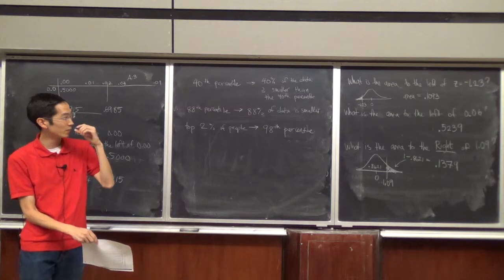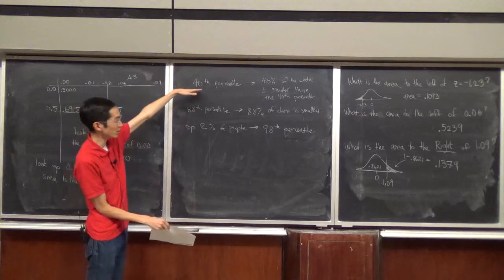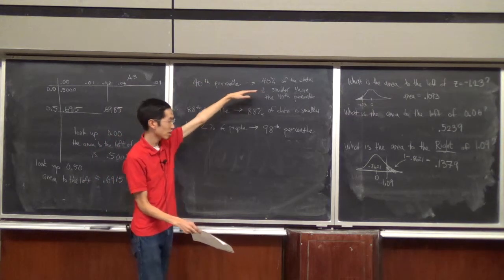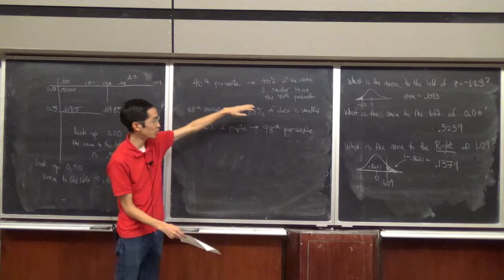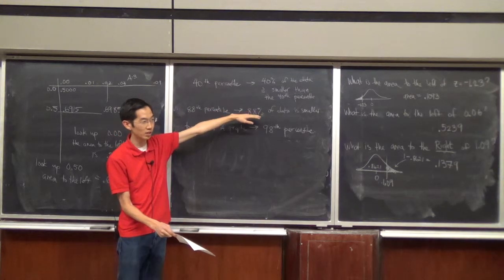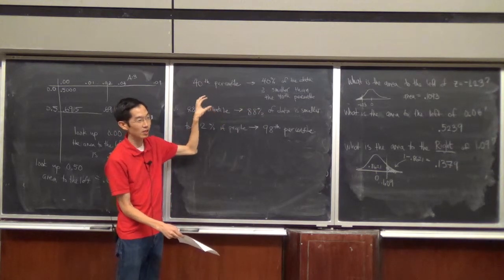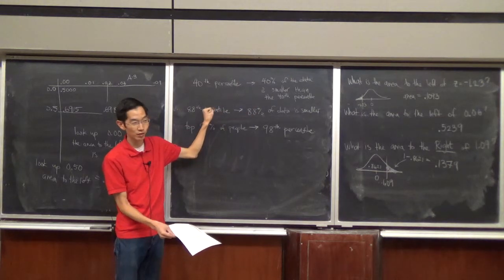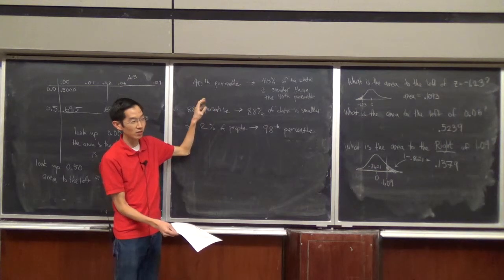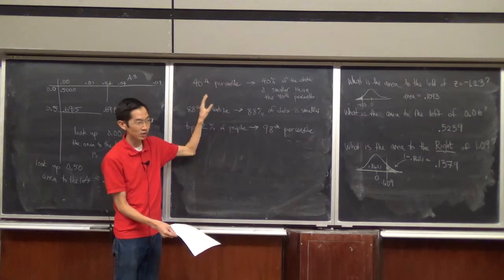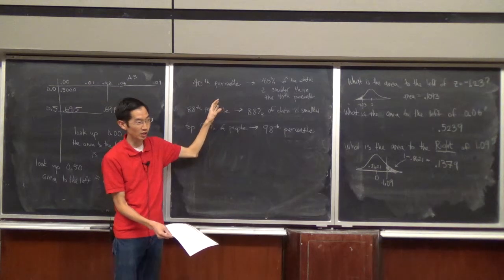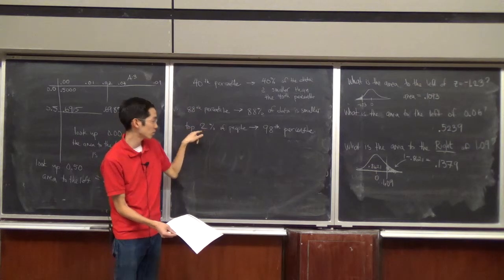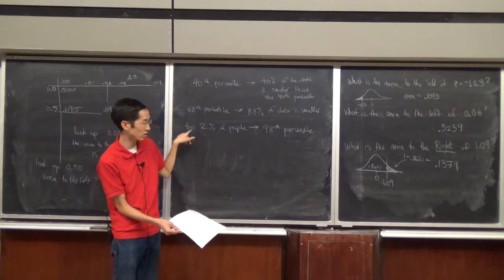Okay. So the definition: the 40th percentile is the spot where 40% of the data is smaller. The 88th percentile is where 88% of the data is smaller. Whatever percentile it is, that percentage is smaller than that percentile. So if I talk about the 75th percentile, 75% of the data is smaller. Okay? Does this say percentile here? No, not over here. I'm talking